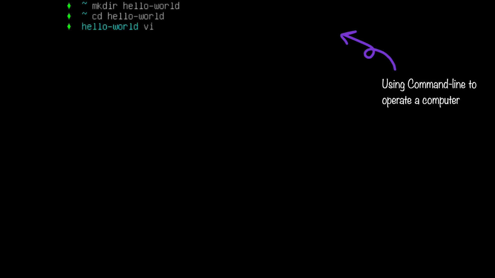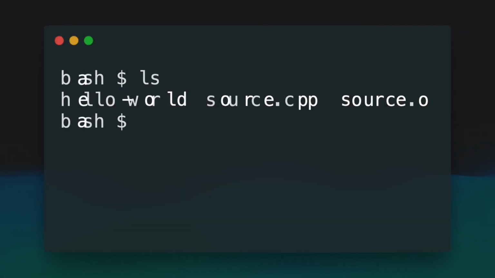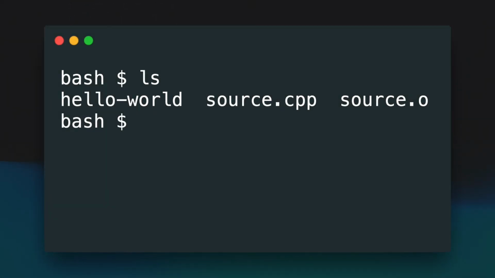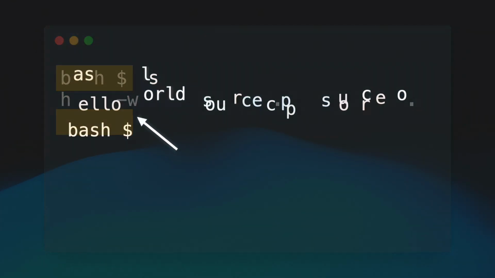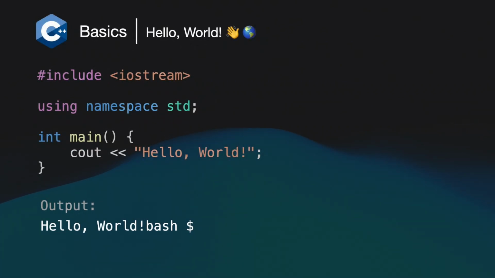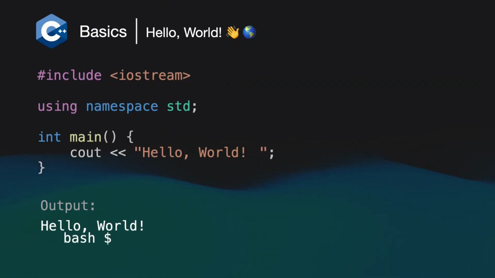This prompt was the computer's way of indicating that the previous command had finished and you can enter the next one. But it's the command's responsibility to move this prompt to the next line, essentially printing a new line character at the end of their execution, like when you use the return or enter key on your keyboard. We use backslash followed by a letter to represent special characters, and the symbol picked for the new line character is \n. We can add this \n at the end of our message to move the cursor to the next line